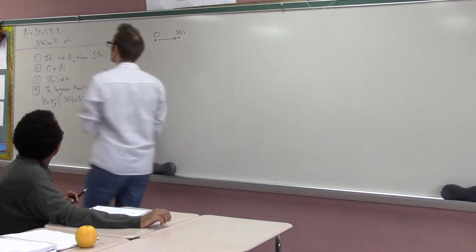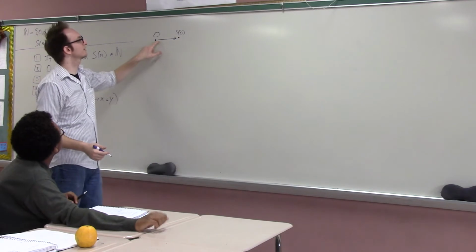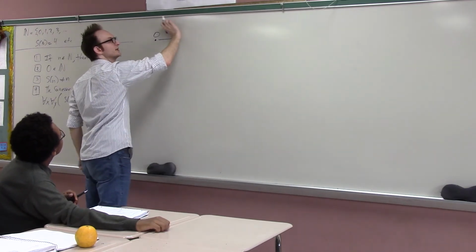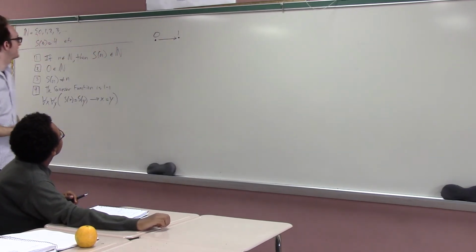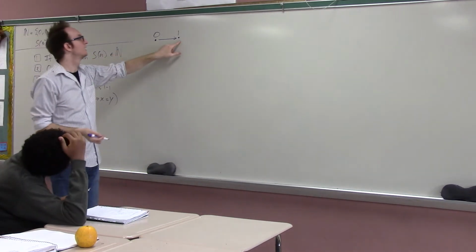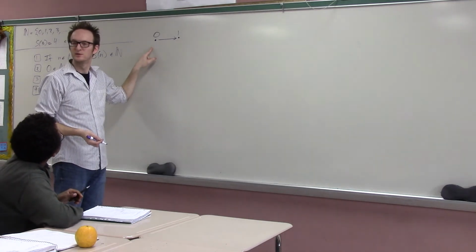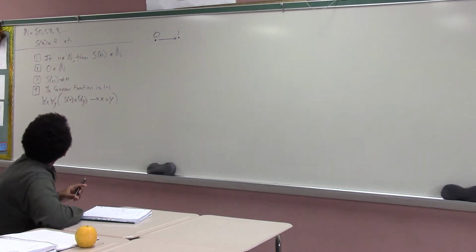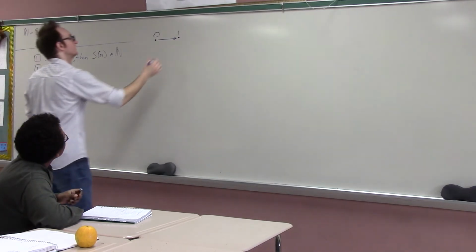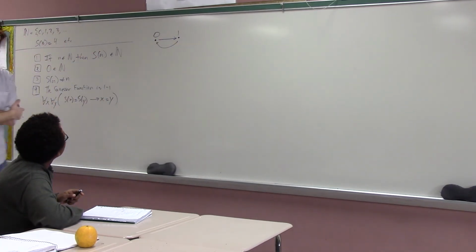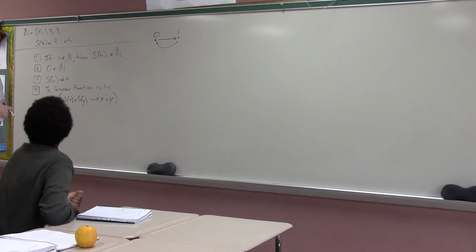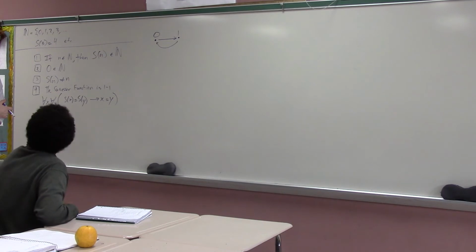Okay, let's see. Well, 0 goes to 1. Let's just call this 1. And now the alien says, all right, well, 1. Actually, can 1 go to 0? No. Why not? Is this function one-to-one? Yeah, I think it is. 0 goes to 1, and 1 goes to 0. Uh-oh. Not if you have it be like a loop kind of thing.